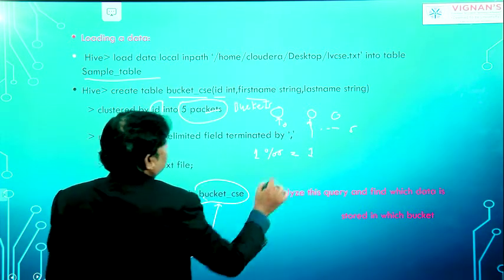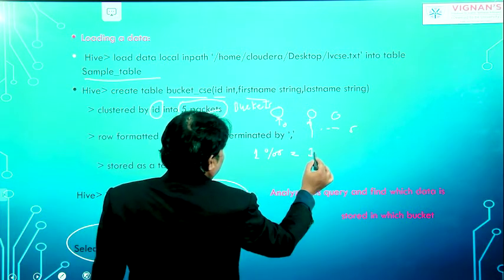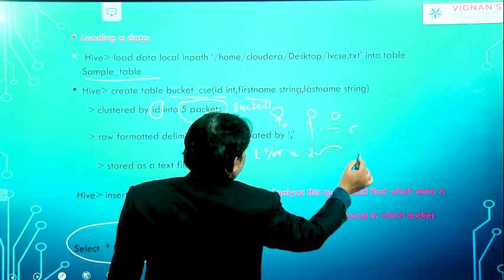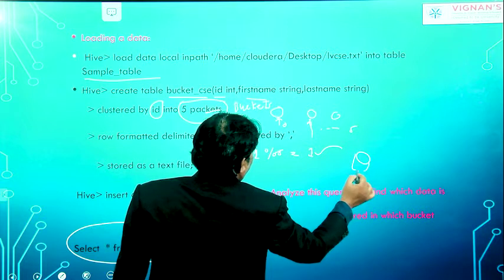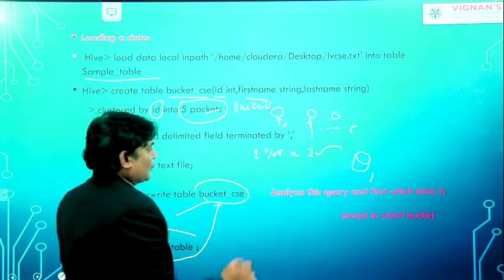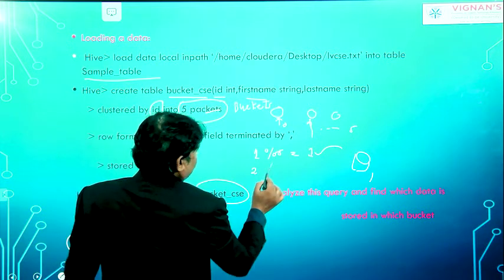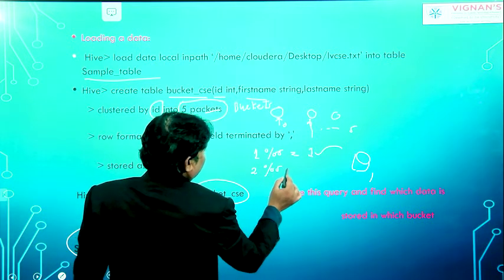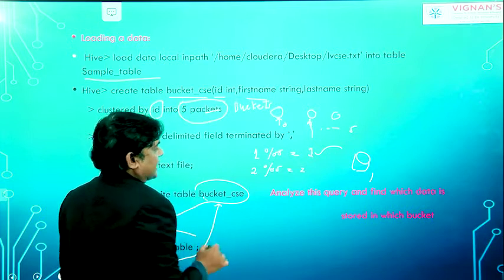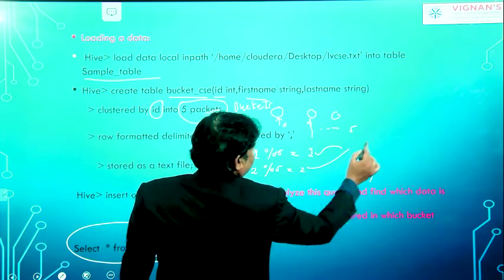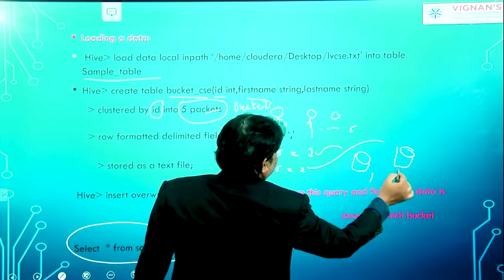It means the data with ID number 1 goes to bucket number 1. If you have ID number 2, 2 modulo 5 gives you 2, so the data with ID number 2 goes to bucket number 2.